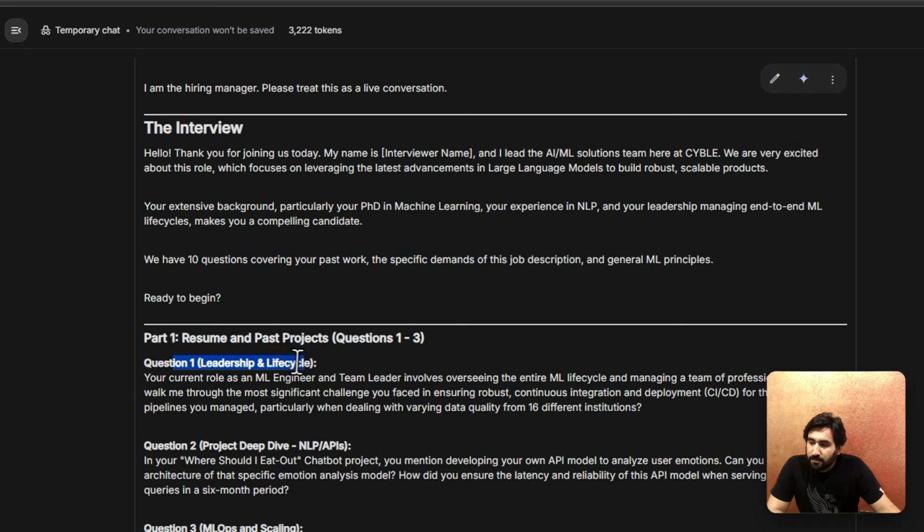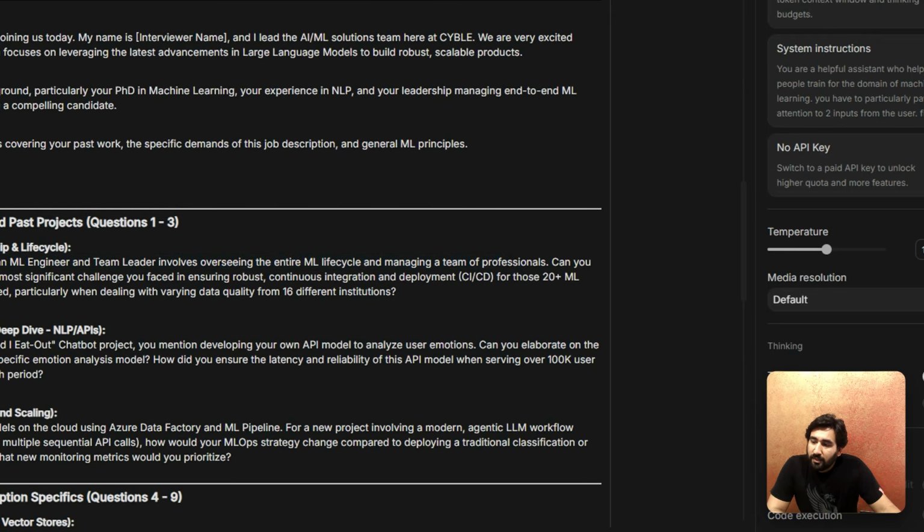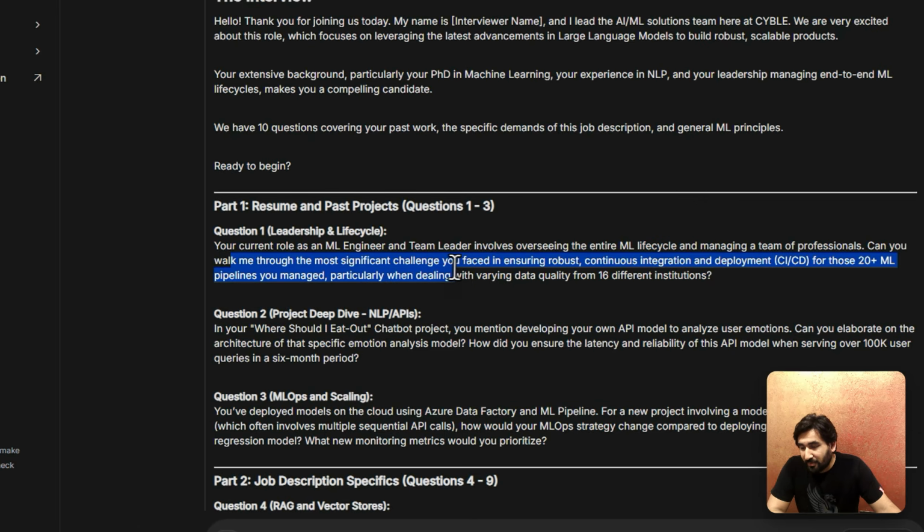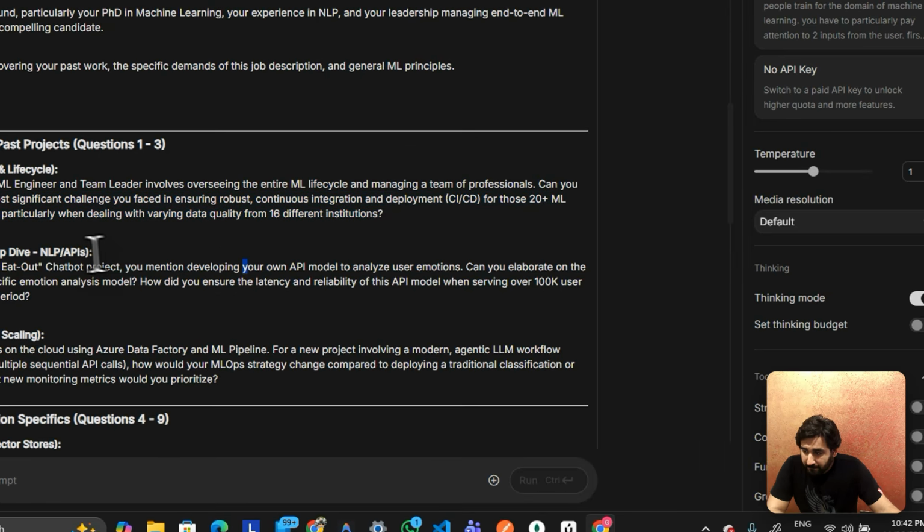Question number one, leadership and cycle. Your current role as ML engineer and team lead involves overseeing this. Can you walk me through the most significant challenge you faced in ensuring robust continuous integration for 20 plus ML pipelines, particularly when dealing with varying data quality from different institutions? Question two is again a project deep dive. In your Where Should I Eat Out chatbot project, you mentioned developing your own API model to analyze user emotions. Can you elaborate on the architecture of the specific emotion analysis and how did you ensure